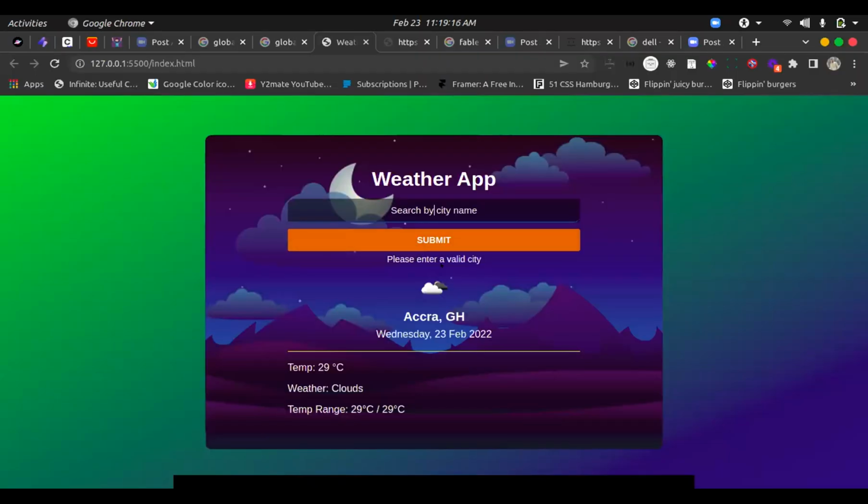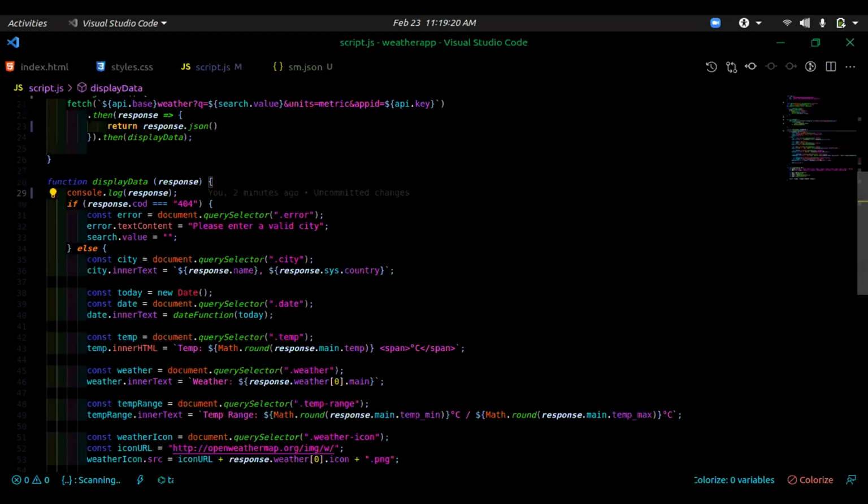Now you can see that we still have this "please enter a valid city" message there, right? And we don't want that. So we can do something like